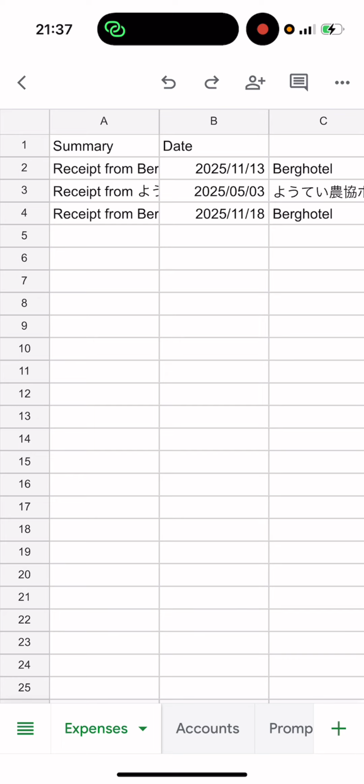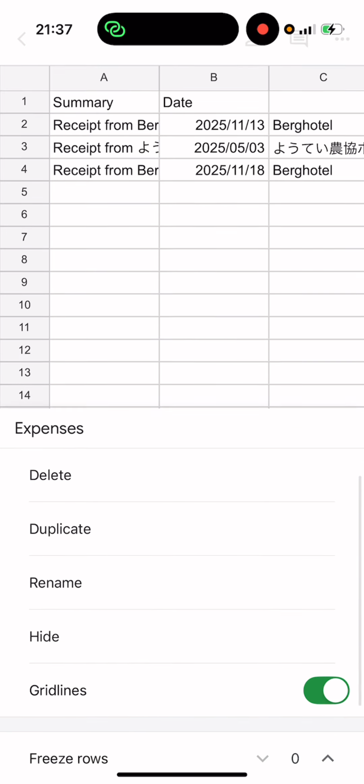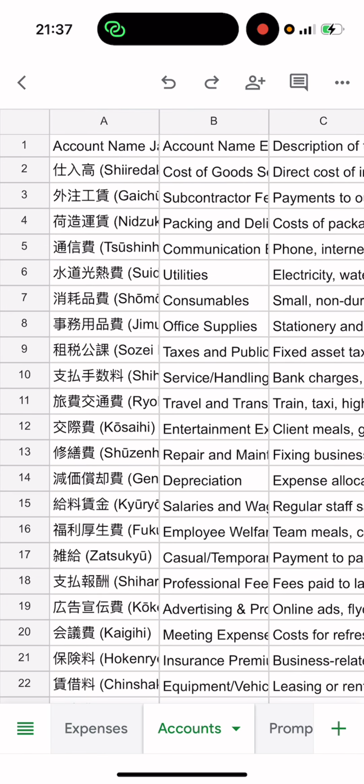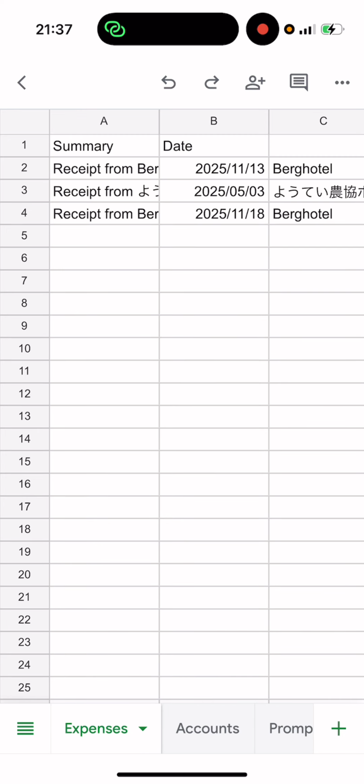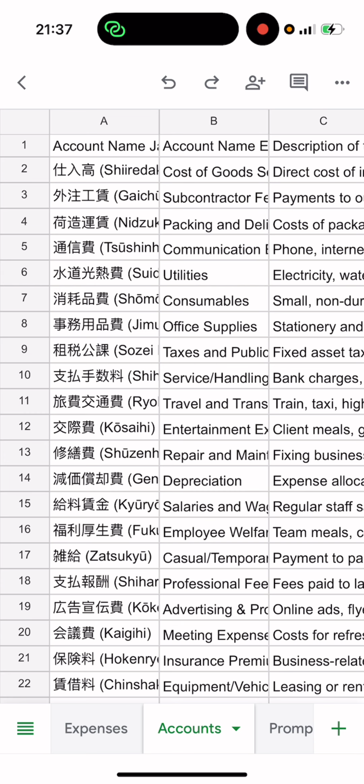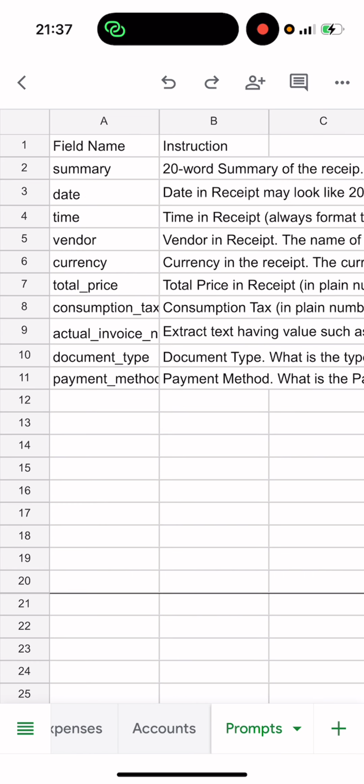As you can see, we have three tabs or sheets in the spreadsheet. These three tabs were generated by the app when we created or added a new spreadsheet, and also when we selected an existing one. The expenses sheet stores the receipt data. The accounts sheet contains the account information used to identify the receipts' account type. And the prompt sheet is used to map the data to the expenses columns. And now let's go back to the app